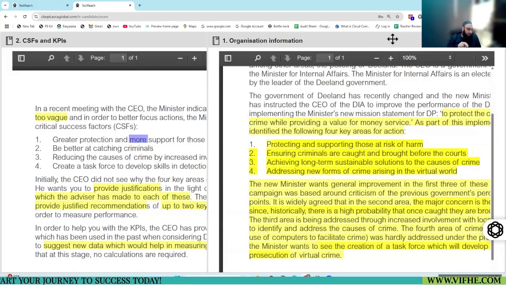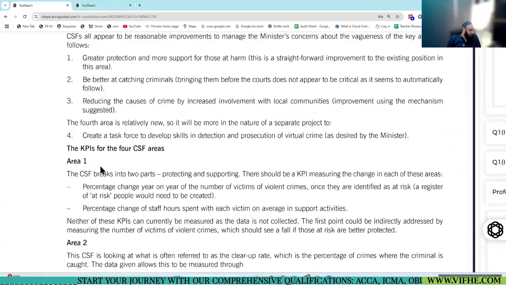Okay. So the first one has been changed, and this change reflects better clarity, more improvement in the CSF, and emphasizes more on protection and improvement in the support to the people at risk of harm. That's it. Okay. The CSF breaks into two parts, right?